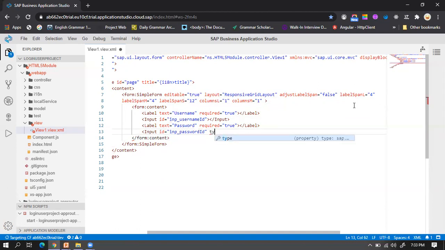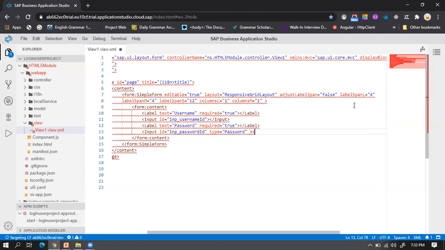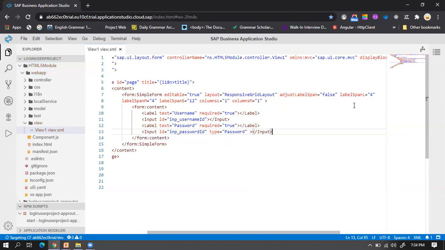And the type of password must be password, so that I don't want anybody to see my password. Okay, so I just need to save.